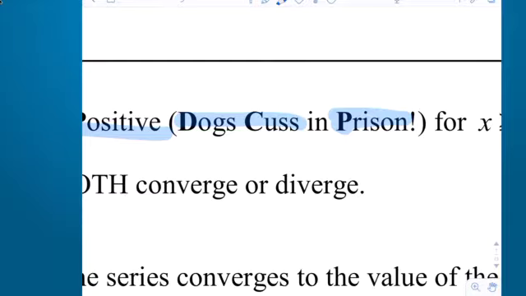A guy who emailed me, who teaches another BC class, said his kids remember DCP by PCD. Pre-cal doesn't help. And I don't know if I like that because there is no H, and I think pre-cal does kind of help. But anyway, however you want to remember it, I like dogs cussing in prison. I like to see an incarcerated canine going. So anyway,